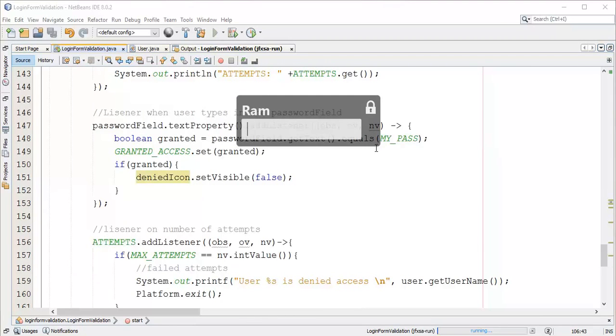In the next tutorial we are going to see some menu items like check menu item, radio menu item,